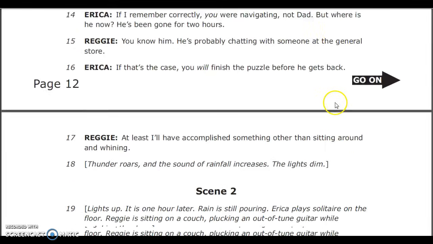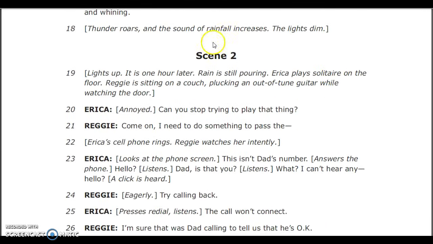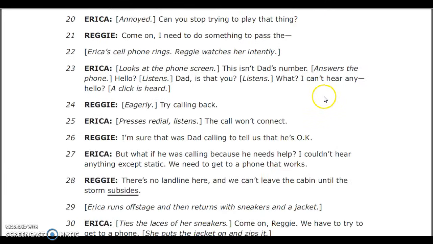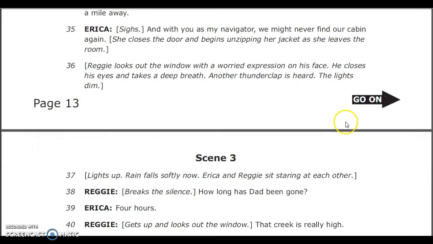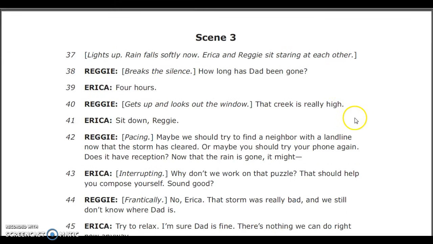Now, if I scroll down a little bit, I'm going to see it changes to scene 2. So anytime the scene changes, be looking for maybe a change in setting. The characters might change, or they might be in a different place, or talking to different people. So anytime there's a change in scene, make sure we read our stage directions so we know where this scene is set, right? And if we scroll down a little bit more, here's scene 3. So remember, it was raining really hard at the beginning, and now the rain's falling softly. So there's been a change. So just make sure if you see a different scene number that you notice the changes that are taking place